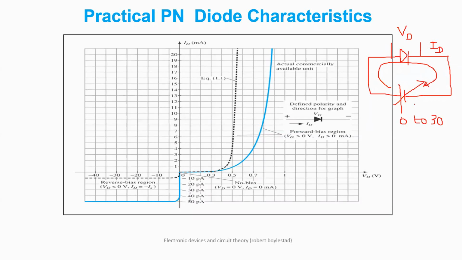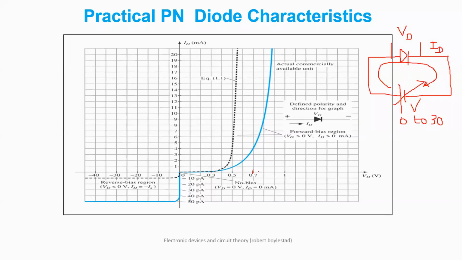Now, when you start increasing this voltage V, initially there will be no voltage across this diode, because we know that minimum voltage required to turn on your diode is 0.7 volts. That is the case for silicon. If it is a germanium, it is 0.4. So you can clearly see that your device starts conducting after 0.4 volts, but the amount of current is very, very small. And after 0.3, you are getting some value across this diode, maybe 0.3 volts and so on. Later on, you keep on increasing this voltage.